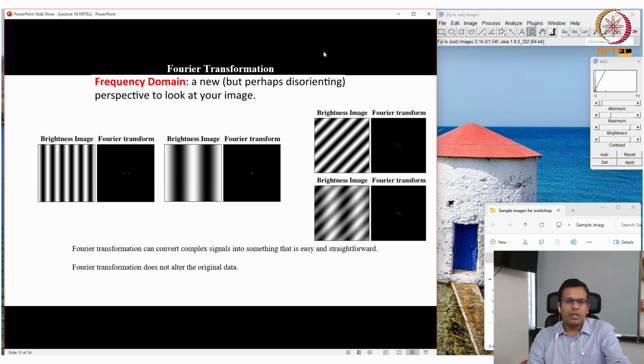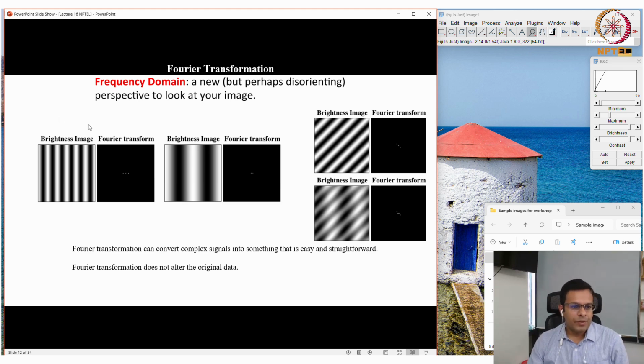Now coming to another operation, which is known as Fourier transformation, and this is again for filtering purposes. This is not an operation for image segmentation. This is an operation for filtering the image, for removing some kind of artifacts or noise from the image. So what is a Fourier transformation? In Fourier transformation, any image can be converted into the frequency domain.